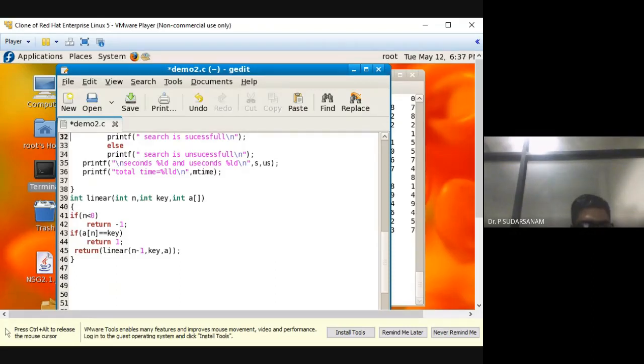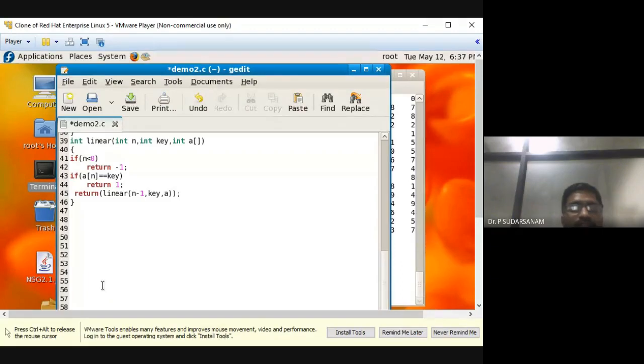Some statements, the total time it is defined. So the last one I will send it once again. One second. Now you can check your WhatsApp.